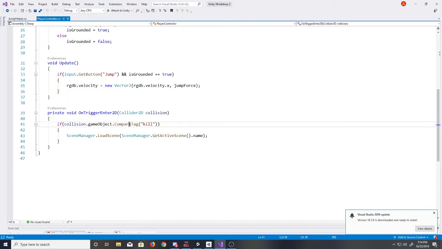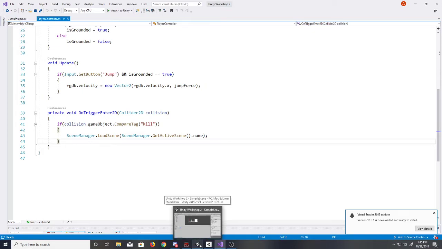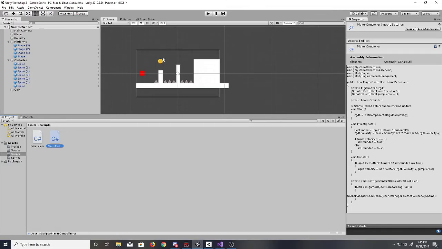So if you see here, the way we did it for the spike and for the collision box is we're doing compare tag, and we're looking for a tag called kill. Now, we haven't created a tag for the coin yet, but this isn't going to work unless we do create a tag. So what we're actually going to do is go back into the editor here,